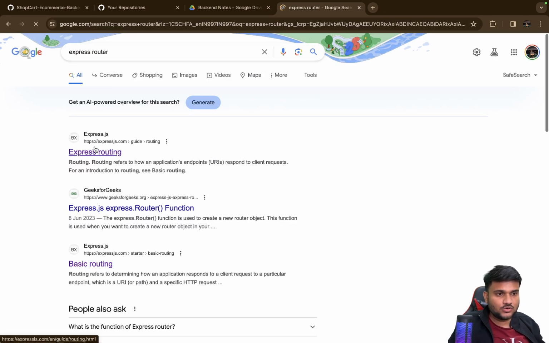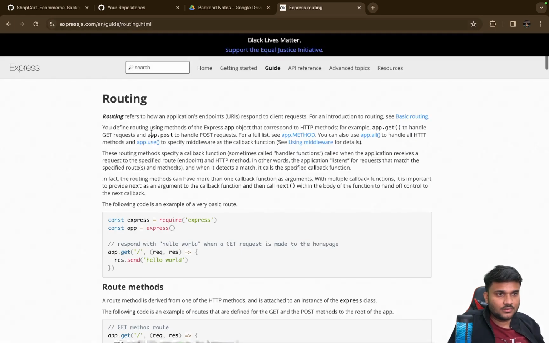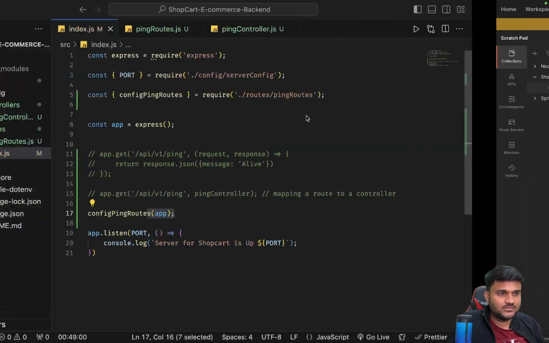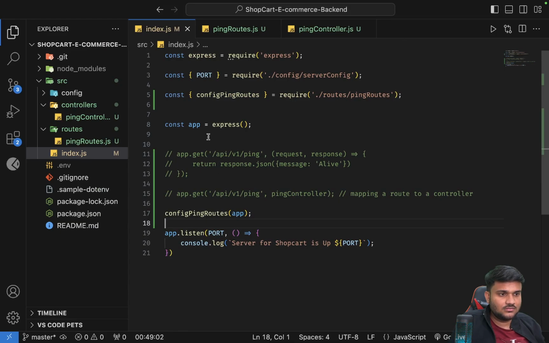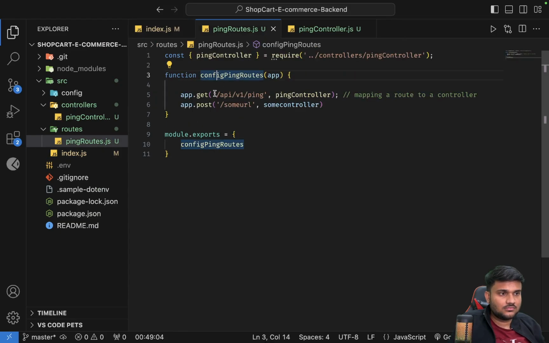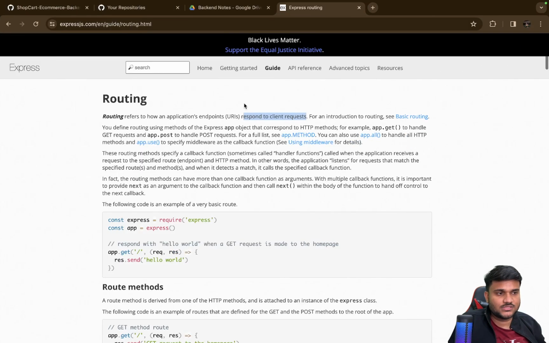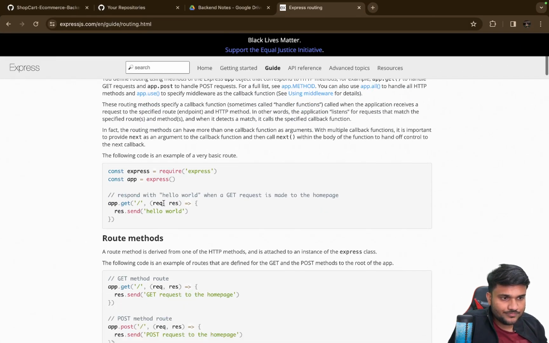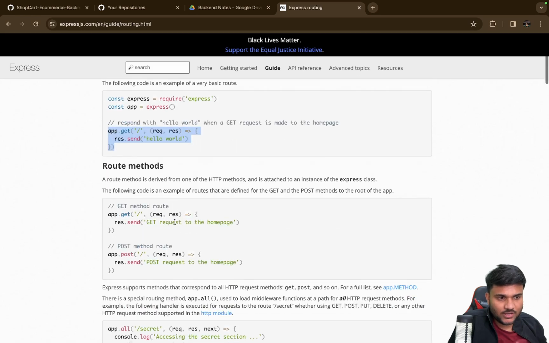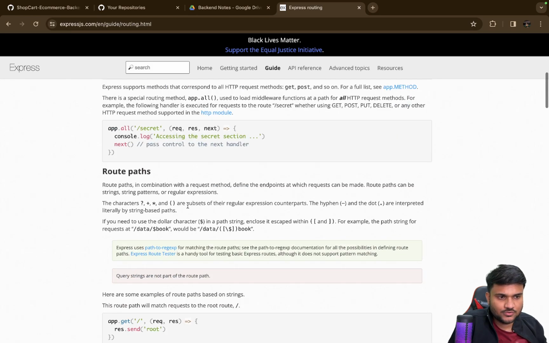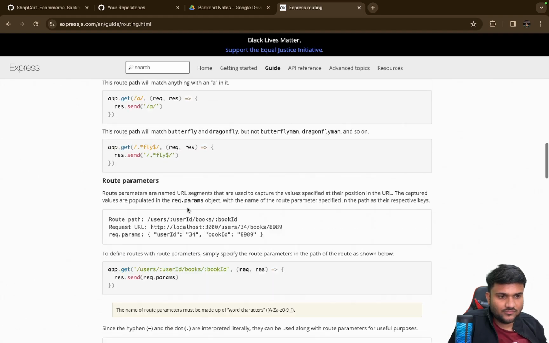Okay, so if you go to Express routing, routing refers to how an application's endpoints respond to client requests. What are the endpoints? One of the endpoints that we have here is, let's say, /api/v1/ping, right? This is kind of like an endpoint with a GET request. Okay, cool. So you can see this is your basic routing mechanism. Okay, this is a GET request, this is a POST request, so on and so forth. Now, if you go down,